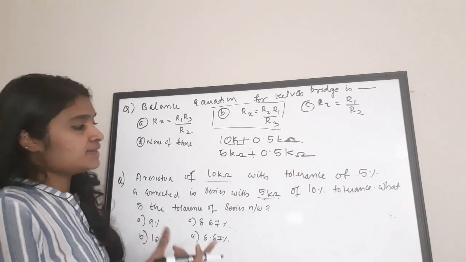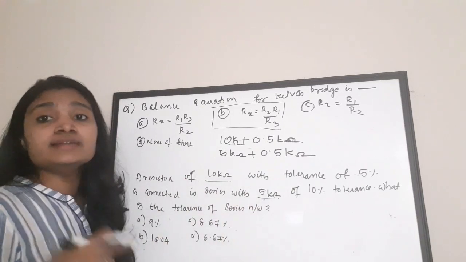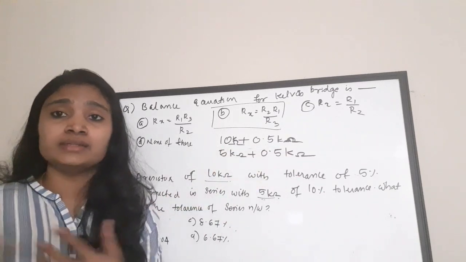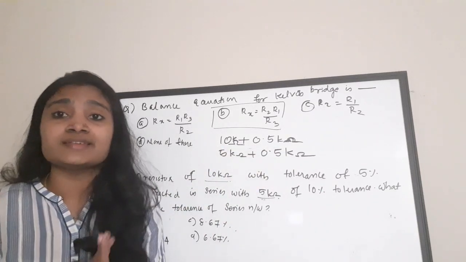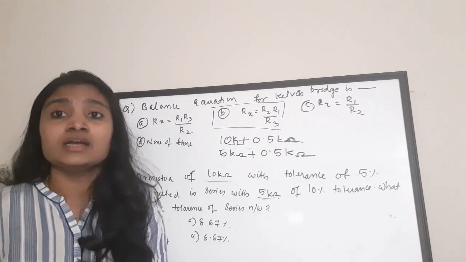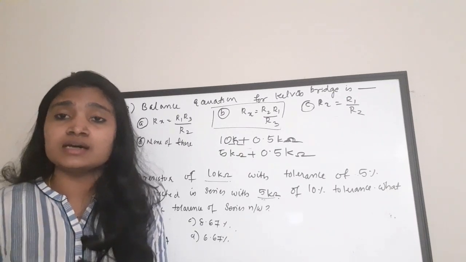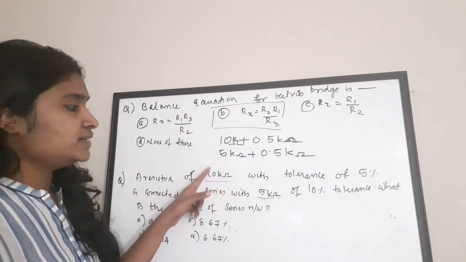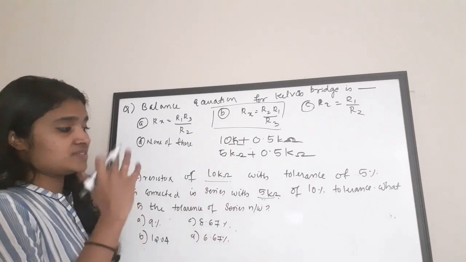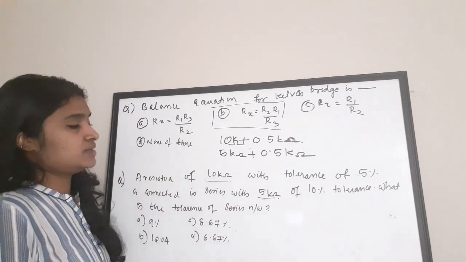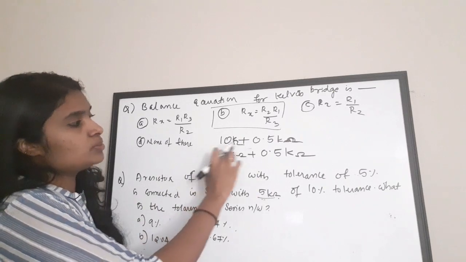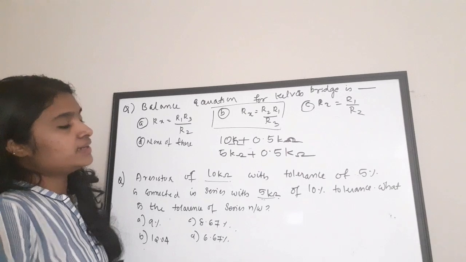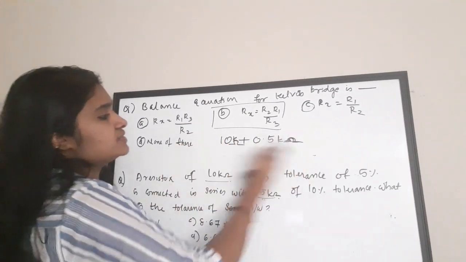Now, it is said that these 10K and 5K are connected in series. So, when the resistors are connected in series, what will happen? The total resistance will also increase, right? When two resistors are connected in series, the resultant is the sum of the values, right? So, due to that condition, what will be the total resistance of the connection? Let us see. Okay, so it is 10 kilo ohm plus 0.5 plus 5 plus 0.5, right? That is the total resistance,